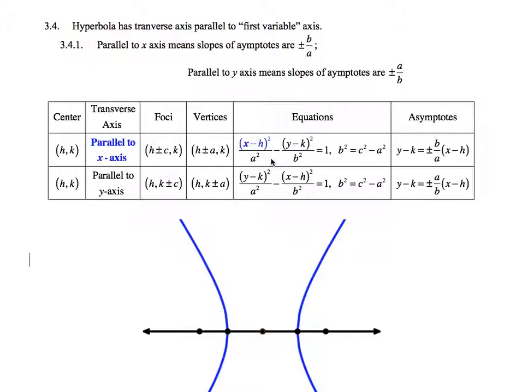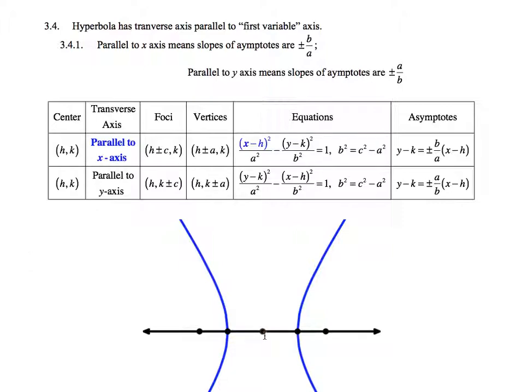Hyperbolae always have the variable first that corresponds to the transverse axis parallel to that variable's axis. So remember, the transverse axis is the axis that runs through the two foci, the two vertices, and